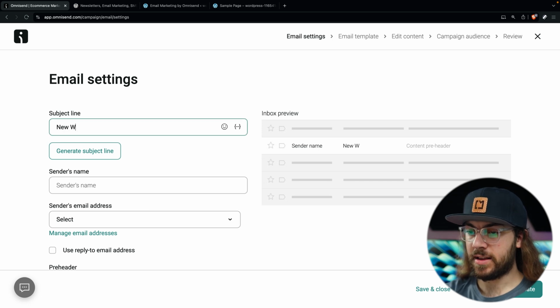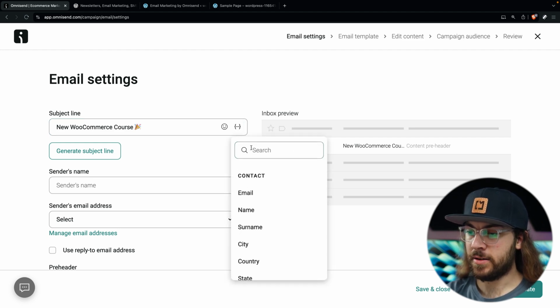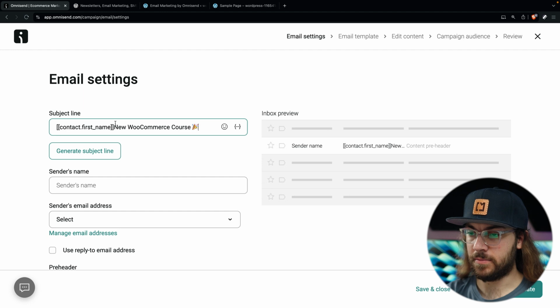Let's fill out some basic info about our campaign, starting with the subject line. If you want to use variables like the contact's name in the subject line, click this little bracket icon and you can insert those here. If you aren't sure what would make a good subject line, you can also generate some ideas by clicking this